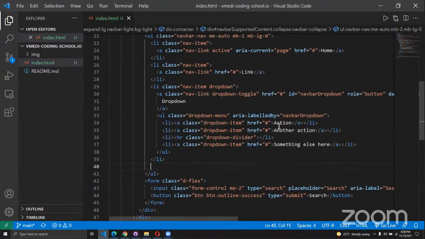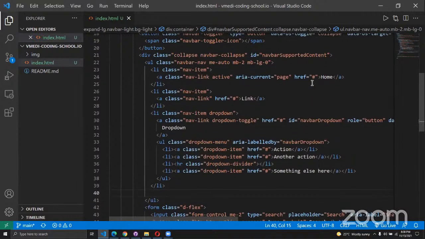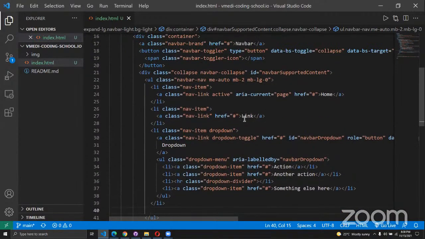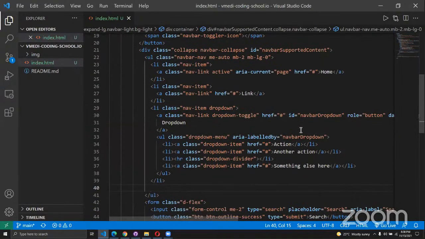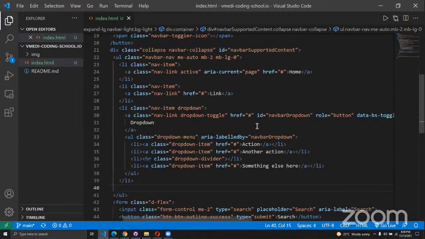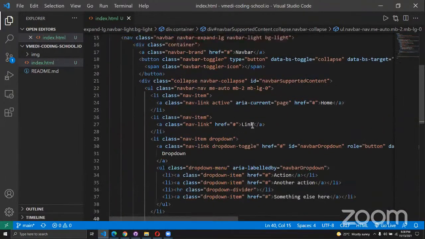So now I can come. I have home page. Then the next one is showing the link. So here we can have about us, contact us, and maybe gallery. We can remove the drop down in case we don't need it now, or in case we can leave it and we just call it more. So home, about us,